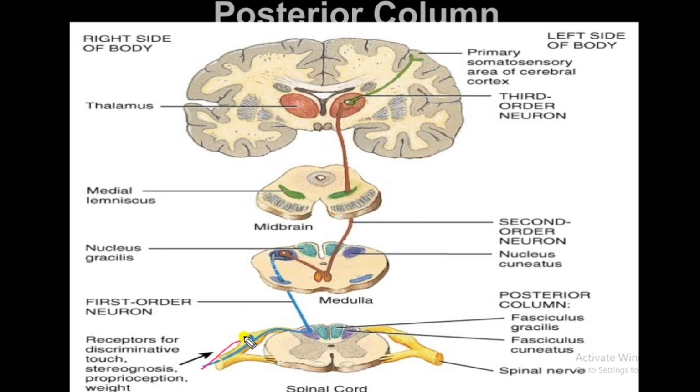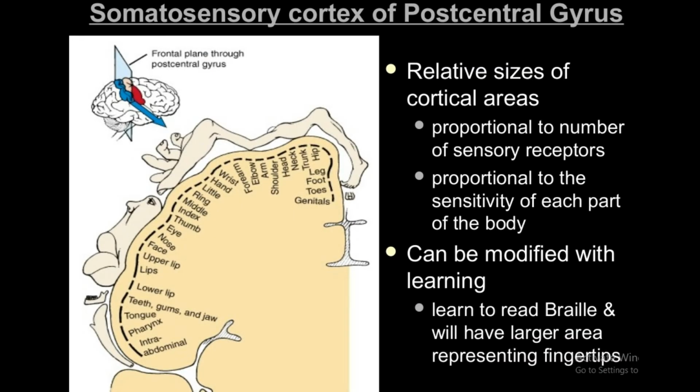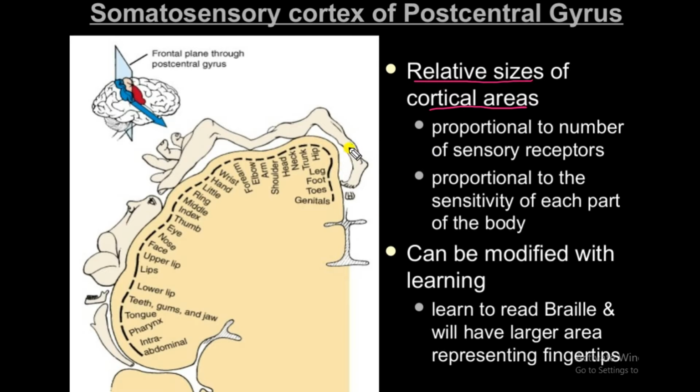The receptors of discriminative touch, stereognosis, proprioception and weight finally reach the primary somatosensory area of the cerebral cortex, the somatosensory cortex of the postcentral gyrus. Here you can see the relative sizes of cortical areas. The thumb and the fingers are large, but the leg is very small, which means that the lips are